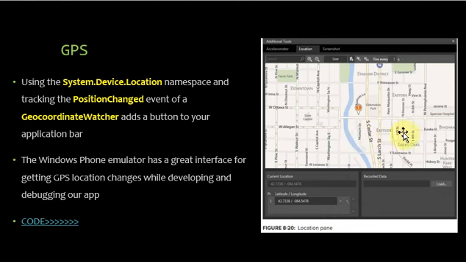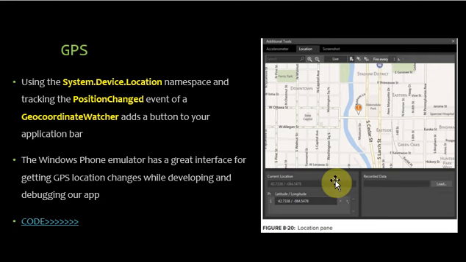For this purpose we are using the namespace system.device.location, and we are using an event called position changed. The code of this event is given to you, and also the GeoCoordinateWatcher, which adds a button to your application through which you can tell the distance from the device to the point where that derby team is placed.